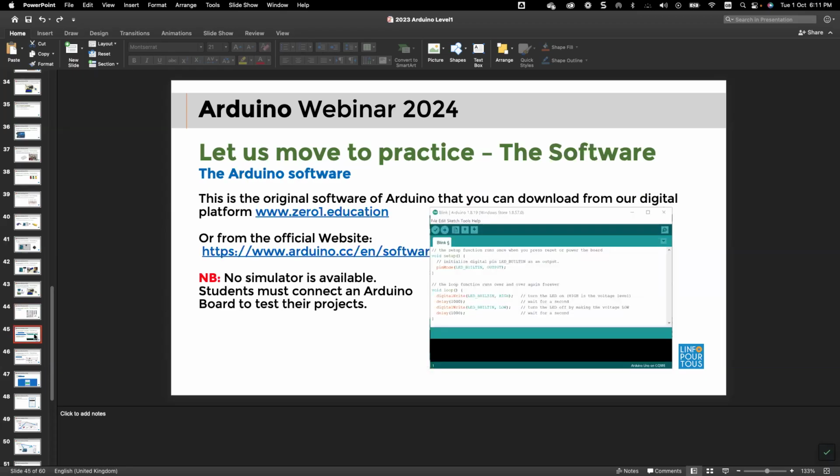I will limit this introduction of the hardware to move directly to the software. Here we have two platforms that we are asked to explore and to work with our students, which are the Arduino software, which is the original software in order to